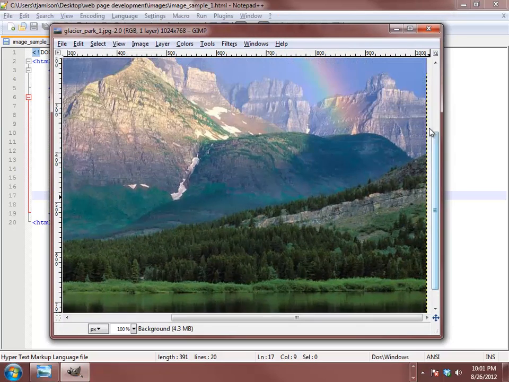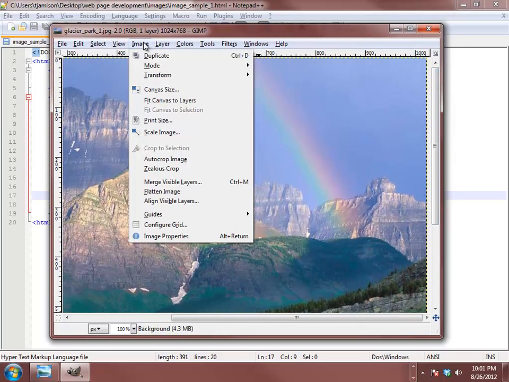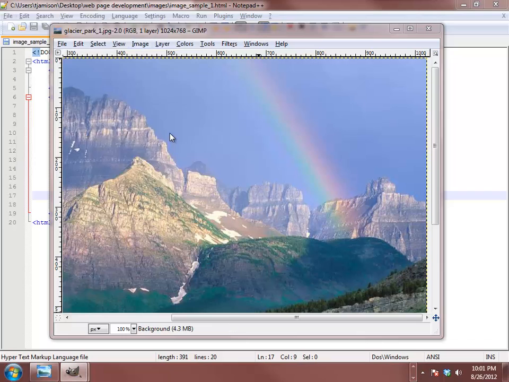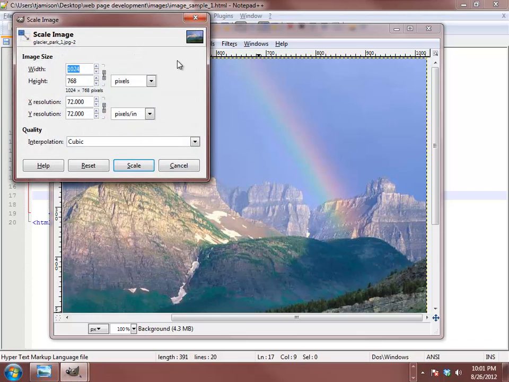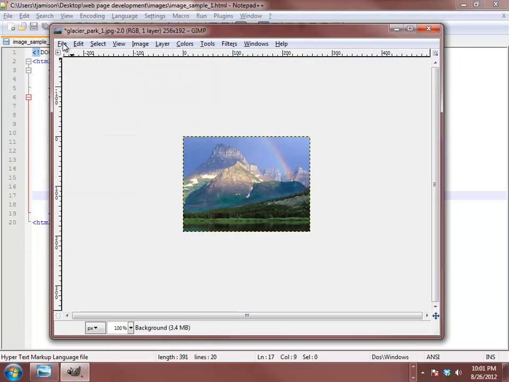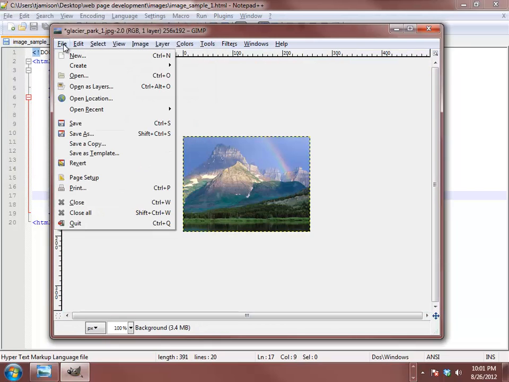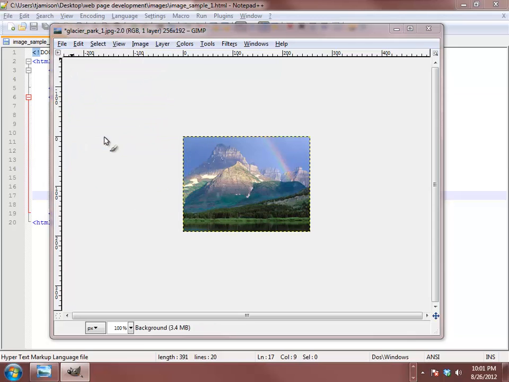Now I'm going to take this file here and I'm just going to scale it. To do this in GIMP, you just click on Image and then click Scale Image. And then I'm just going to set the image size to be 25%. Okay, I'm going to scale it, and then I'm going to go ahead and save this as, and I'm going to say Glacier